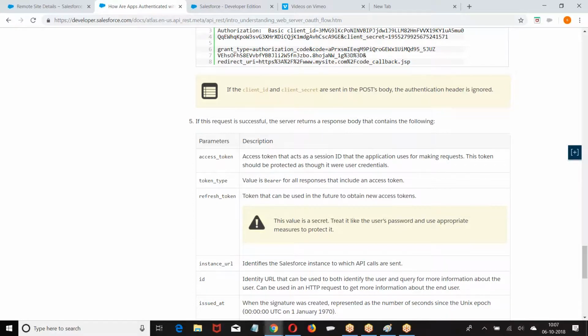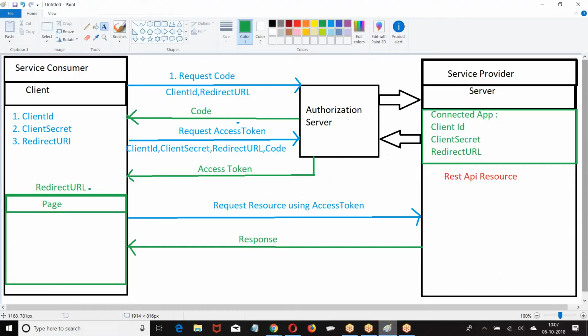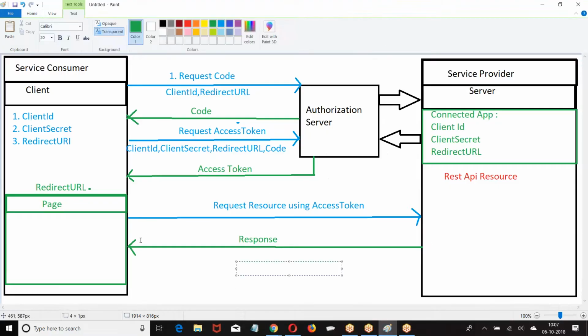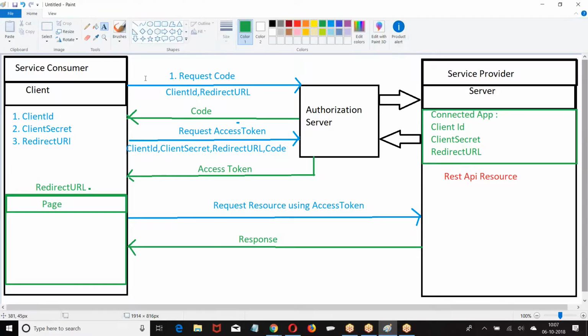Why this extra token? Look at the point. I made a request, you got a response. Now you got an access token, made a request. Now again, if I want one more access token, my session is going to expire. I need one more access token. Then again, I cannot request the code, get the code, again request, get the access token. Then what can I do? I can simply send the reference token.